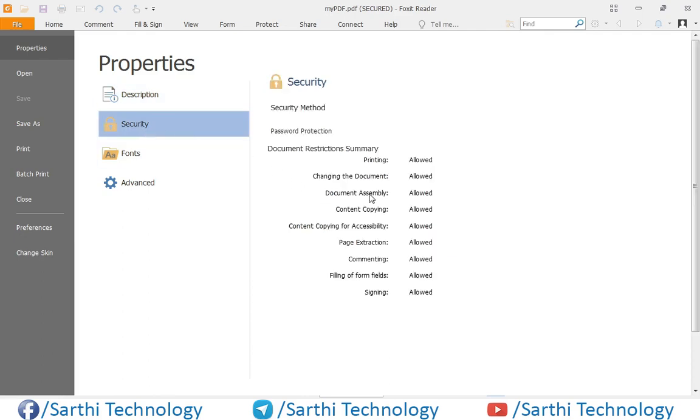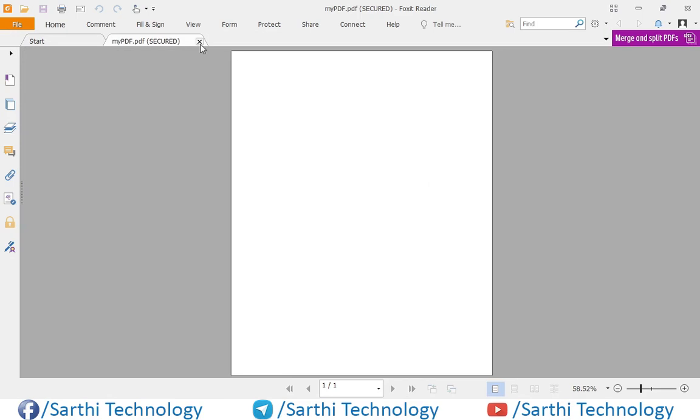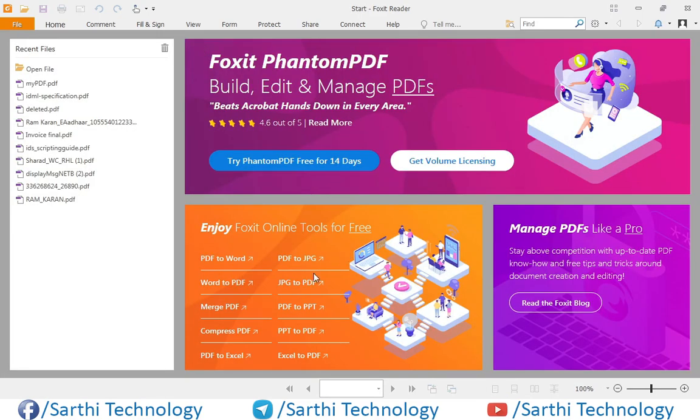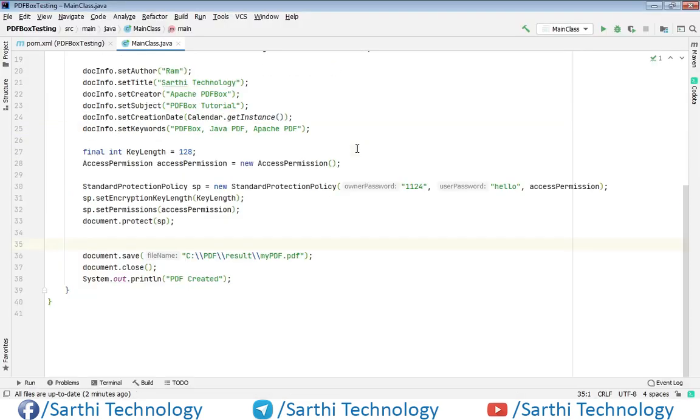Security, and here you can see everything is allowed. So if you open this PDF using the owner password, everything will be allowed, and if you open it using the user password, there will be some restriction. So just close, and here I want to show you something.